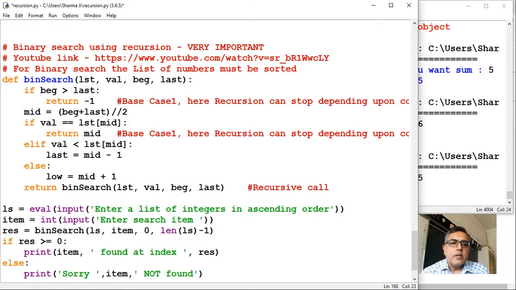Okay. Then if this condition is also false, then you will check whether the value you are searching will fall in the first half or the second half. So here you are checking if val is less than the value which is saved at the middle position. Then what you have to do? You have to search in this half only.